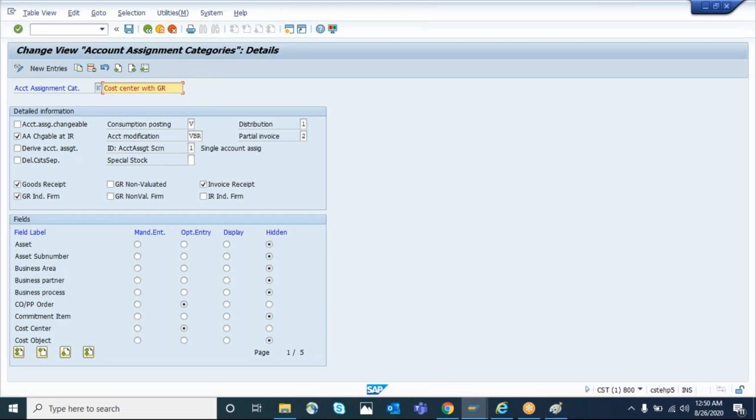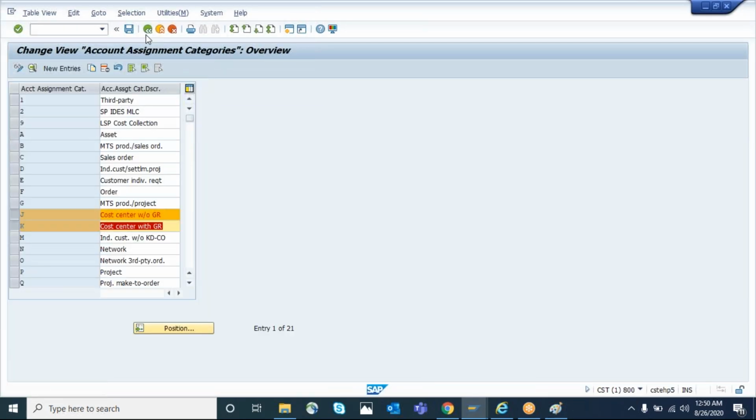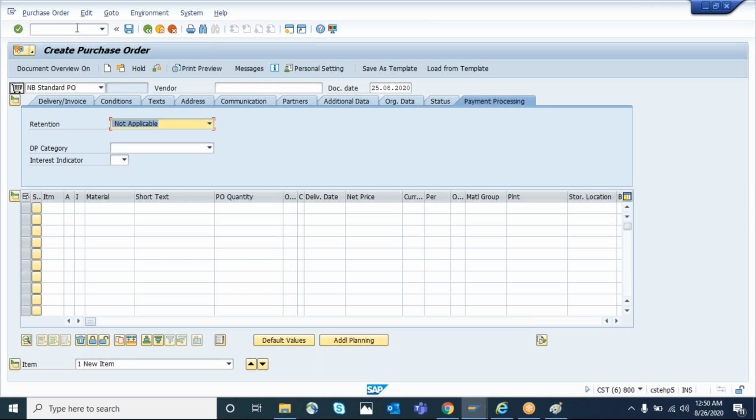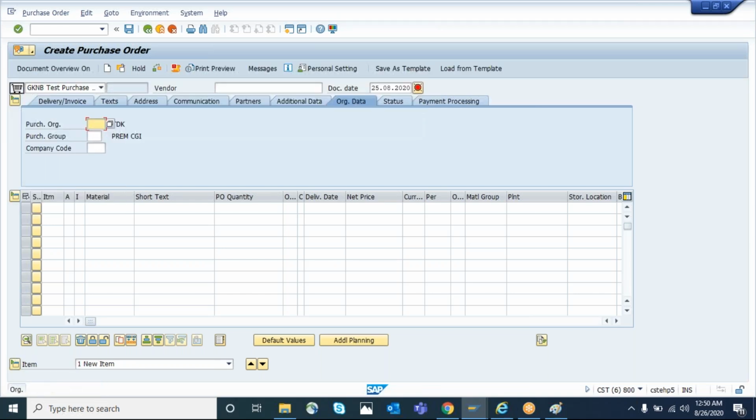Now we are going to create the purchase order to show the difference. Go to ME21N. Give your vendor.